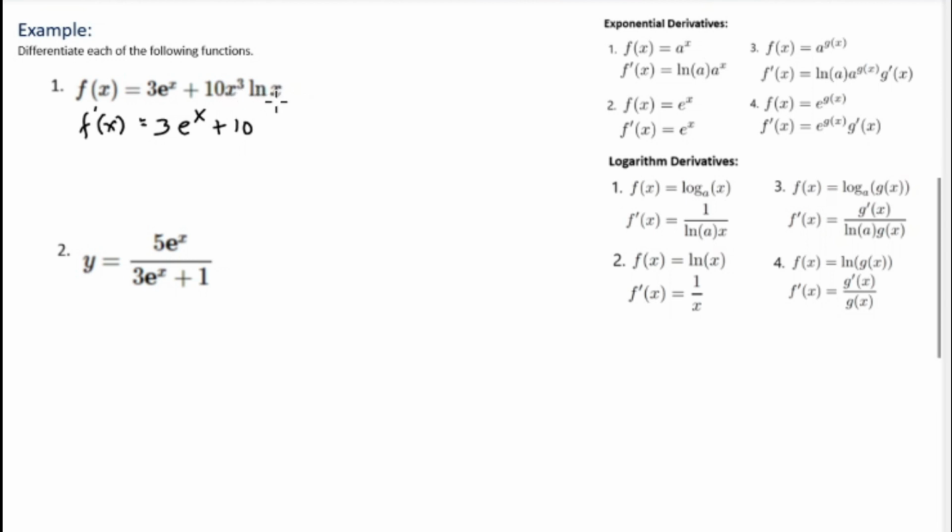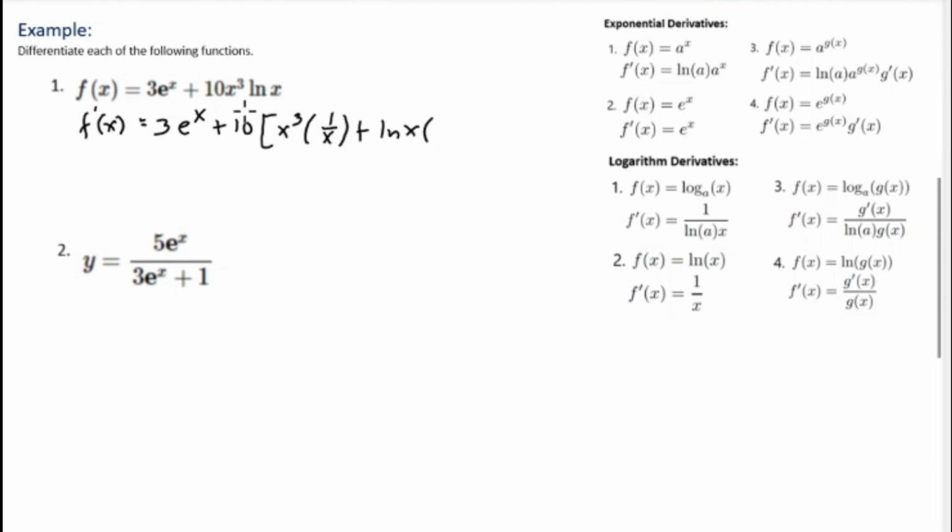x cubed times ln(x), we will be using the product rule. And the formula for the product rule: u times dv/dx plus v times du/dx. And x cubed, what is the derivative of ln(x), based on the logarithm derivative? f(x) = ln(x), and the derivative is 1 over x. So this is 1 over x plus v, and v is ln(x), so ln(x), and